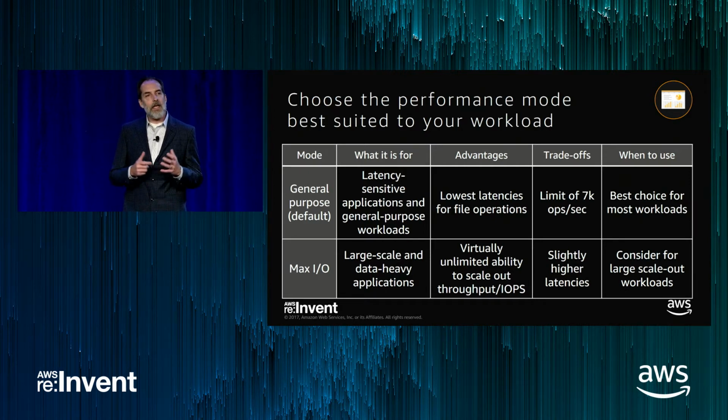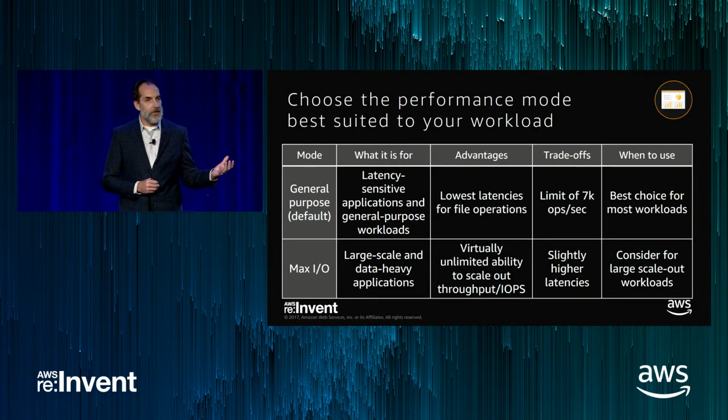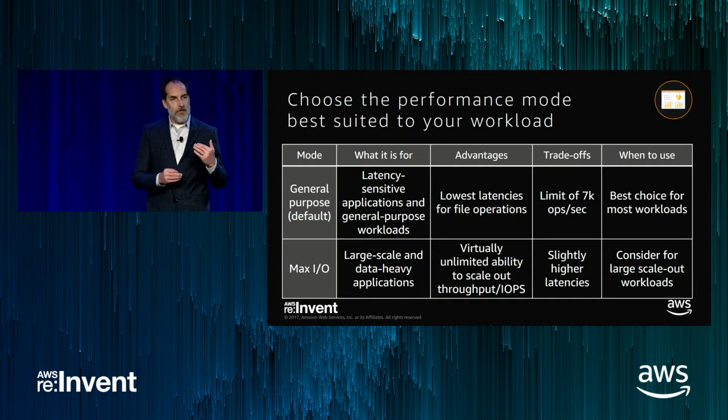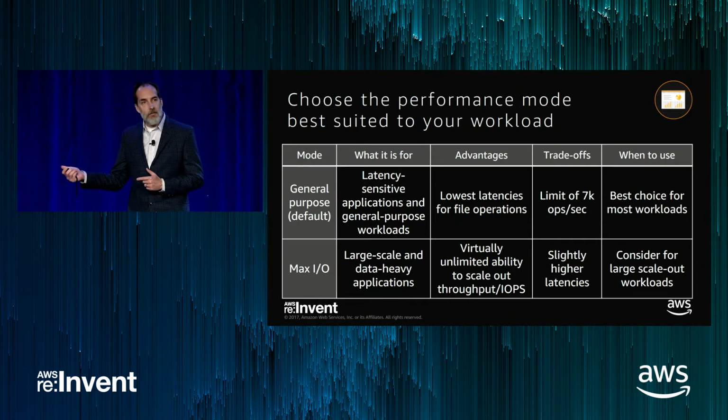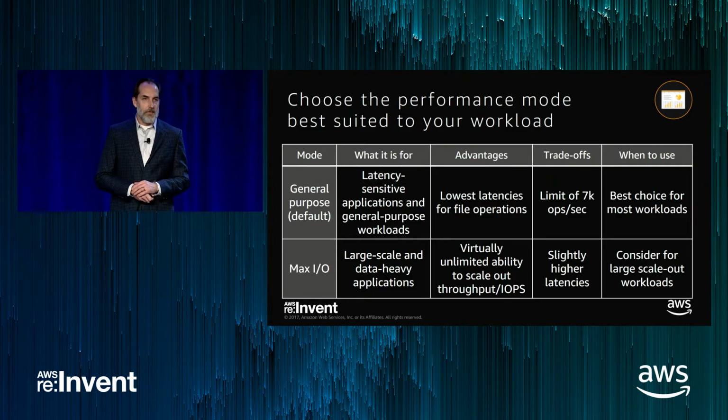per second model, general purpose mode file systems is really ideal for you. If you need to scale out to hundreds and thousands of instances where your needs are going to exceed 7,000 file system operations per second, then you may look at Max I/O. Now, the trade-off here is with Max I/O, there's a slightly higher file system operations per second latency. So you need to really, again, as Ed mentioned, test out your application and see which file system works best